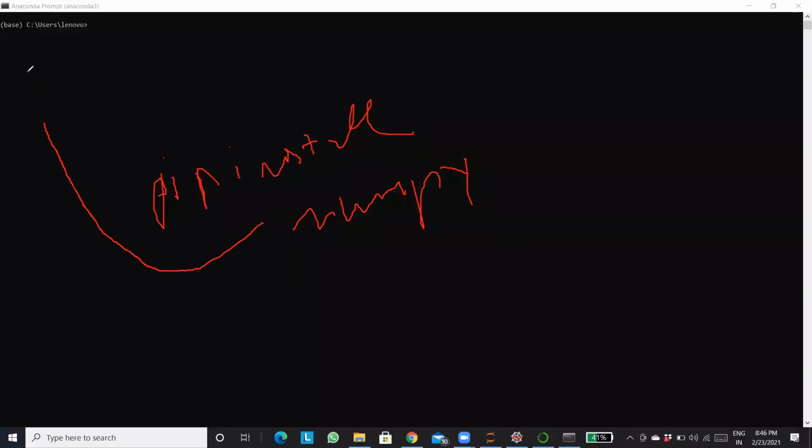So you can have multiple environments in your system. Right now, whenever you are doing pip install, suppose pip install numpy, what is going to happen is it will install it in your base, right? What is your base? The whole system.